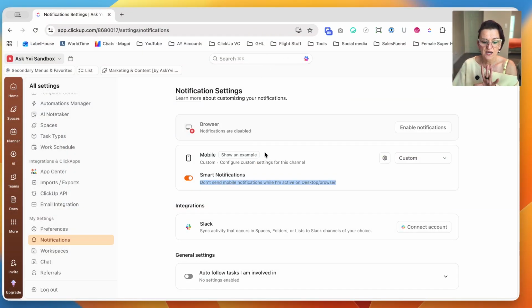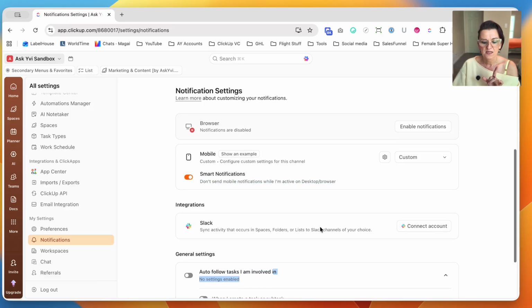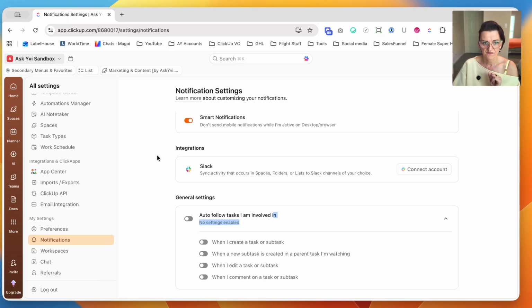Now, one big notification change that I want you to make double and triple sure you check is auto follow tasks I am involved in. Turn that off. Because when you auto follow tasks that you are involved in, especially if you are the project manager on something, that means every time you create a task, you are automatically following and being added as a